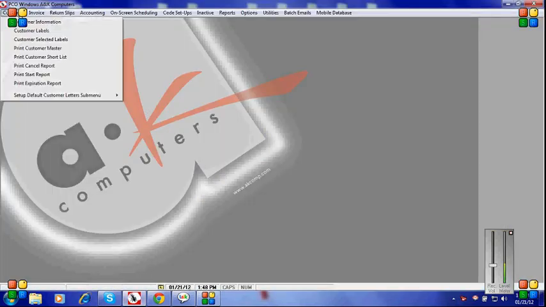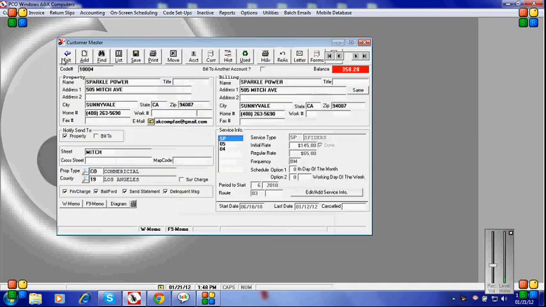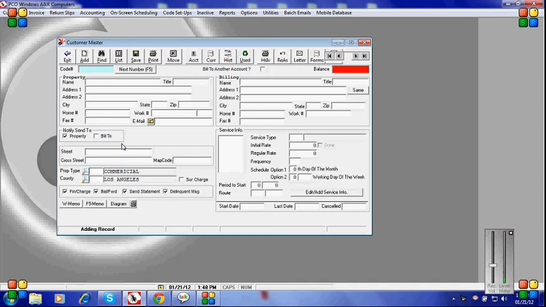When accessing customer information, we're simply going to click on Add, and we're going to use the customer code number or account number as the name of the customer. An example, this is going to be a real estate company, so I'm going to type in the customer's name like Century, and I'm going to press enter. That's going to become my main account, and you simply type in the information